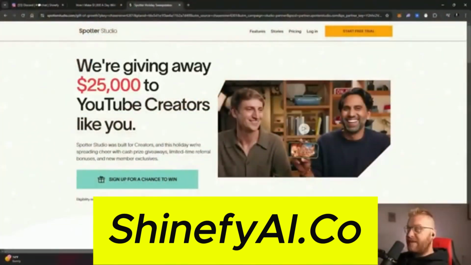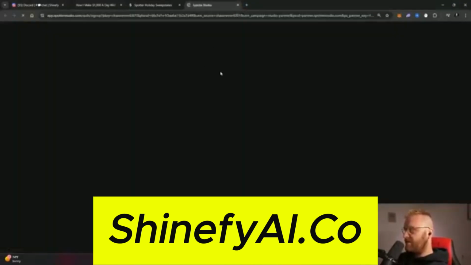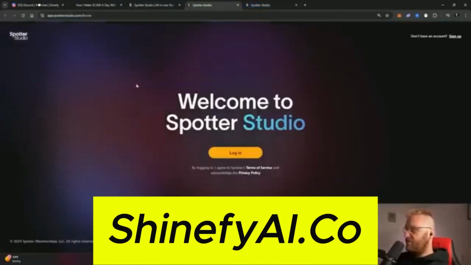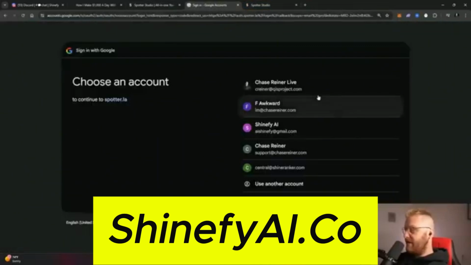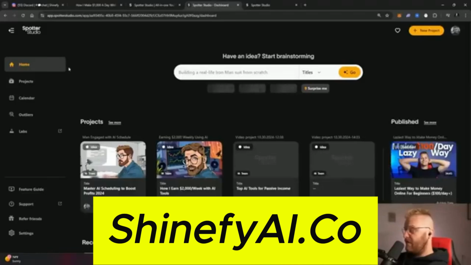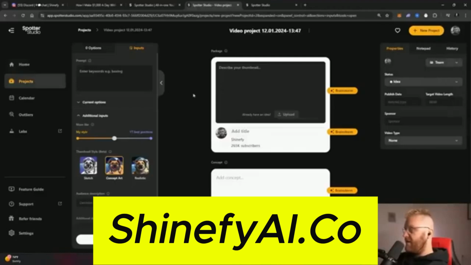But remember, you have to get the free trial and you also have to create a project in Spotter. The way you create a project is you grab the 60-day free trial, and once you have that, you go into Spotter and create a project. Very simple: you go into the dashboard, the first link, the home link, and click on new project. Then you fill out this information. So for thumbnail, we're going to say AI man. We'll just put something random here, best AI tool.